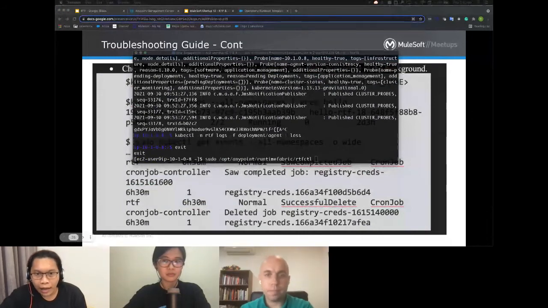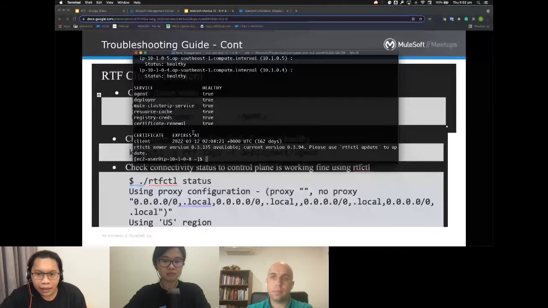This is applicable not only for the appliance, but also if you deploy on self-managed Kubernetes like AKS, Azure Kubernetes Service, or Google Kubernetes Engine. If you see that everything is healthy, it means there is no connectivity issue between your cluster and the control plane.